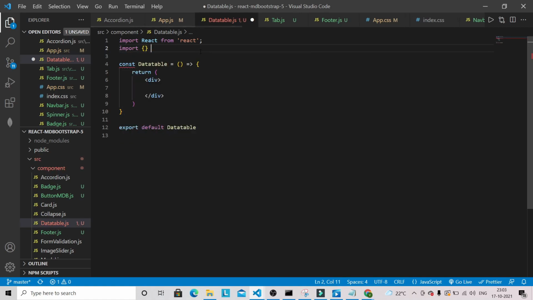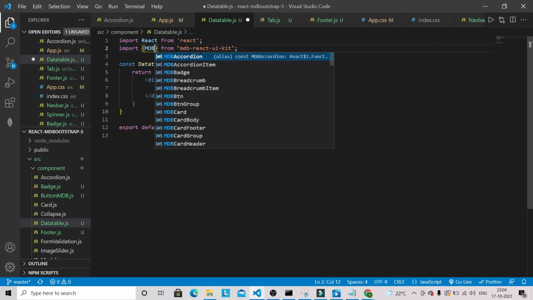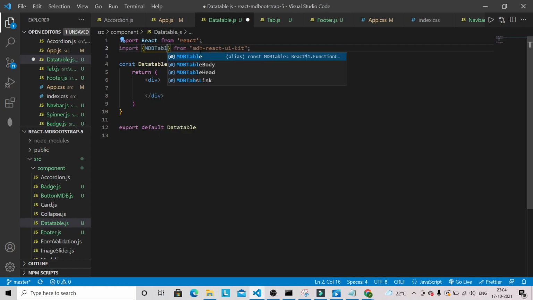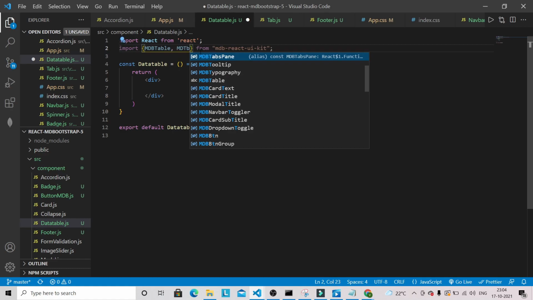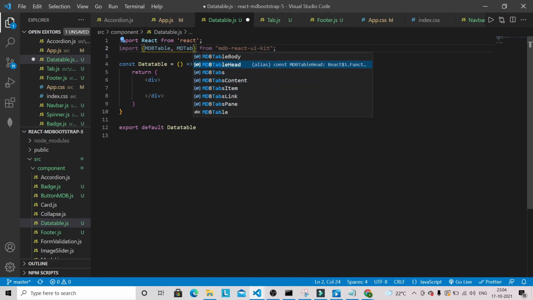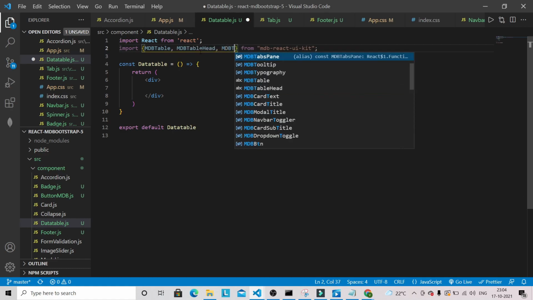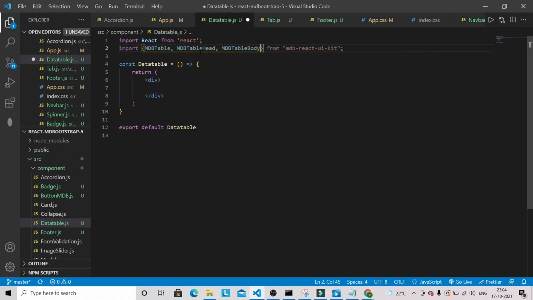So we need MDB table, then MDB table head, and MDB table body. Okay, and after this I am going to paste some data here.